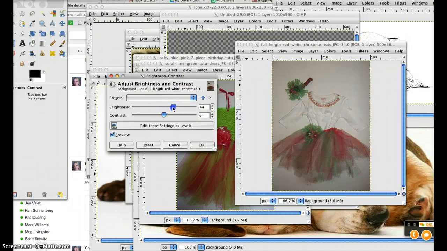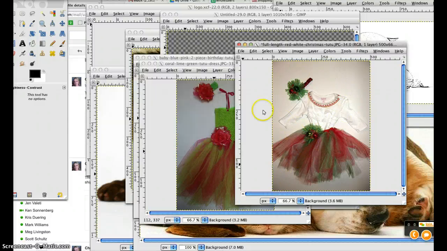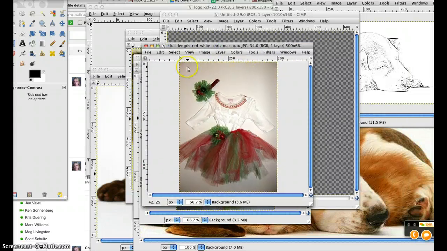We can drag that to make it a lot brighter, and then bring the contrast back up so that we still have good contrast in the image. And so that brings it up a little bit. The next thing I do with my images when I'm taking my own and I have an image like this